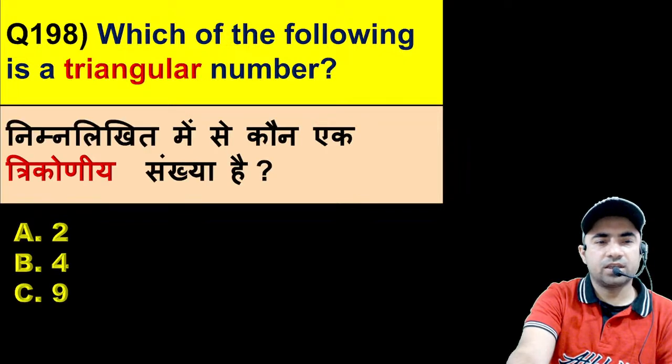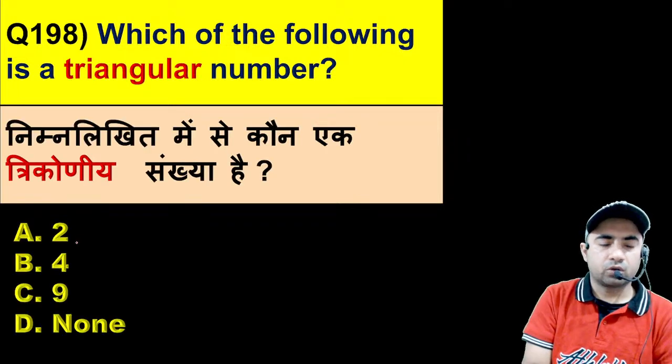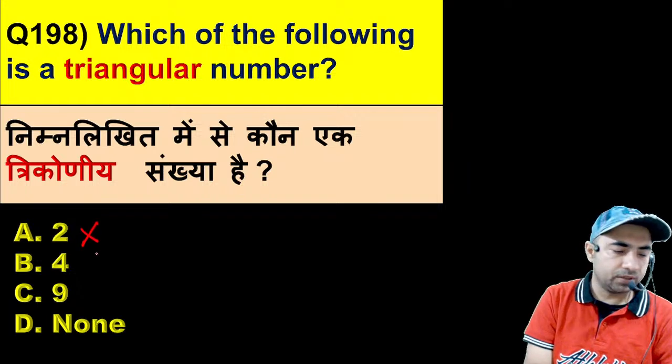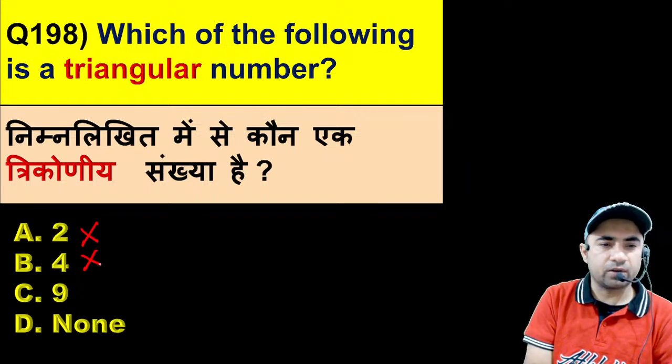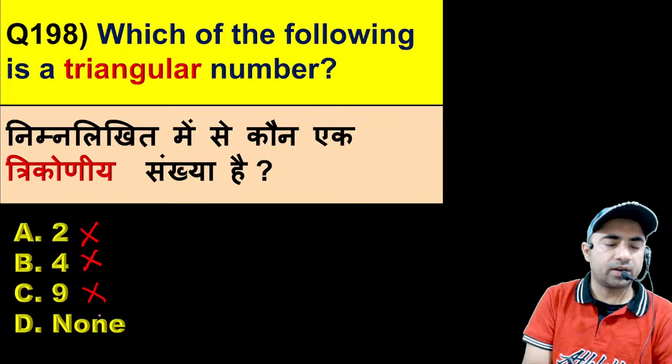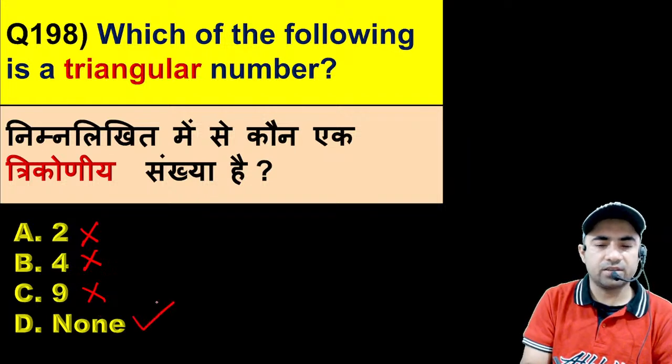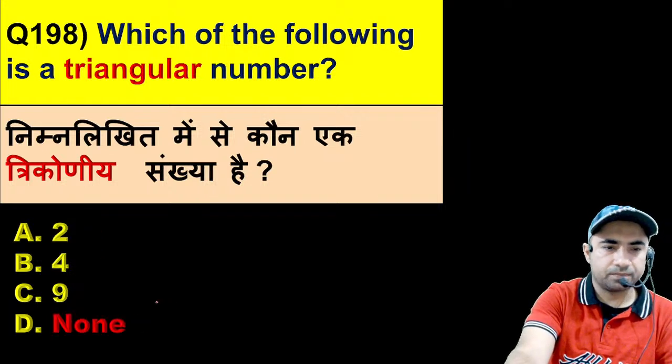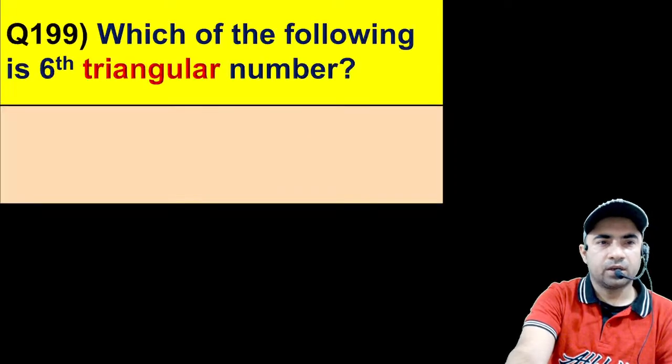Which of the following is a triangular number? So 2 is not a triangular number, 4 is also not a triangular number, and 9 is also not a triangular number, right? So the right answer is none. Next question. Question number